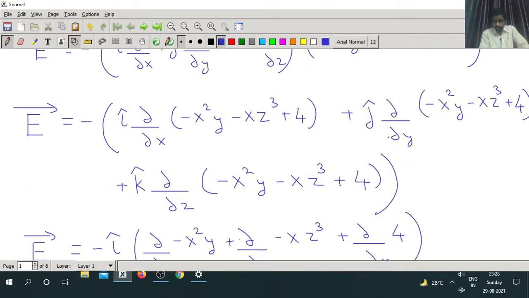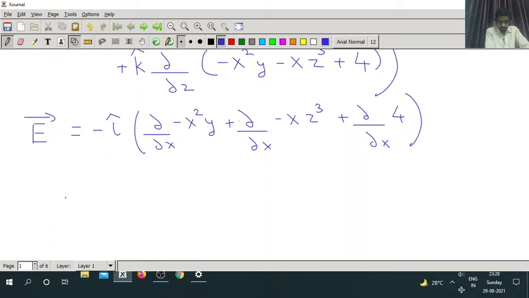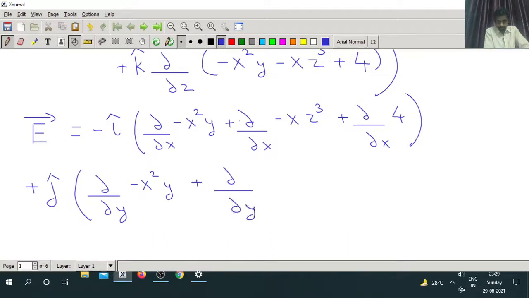This expression is differentiated with respect to y and here there is a j cap, so we can keep this j cap as common, so we can write plus j cap and differentiate this whole thing with respect to y: d by dy of minus x square into y plus d by dy of minus x into z cube plus d by dy of 4,